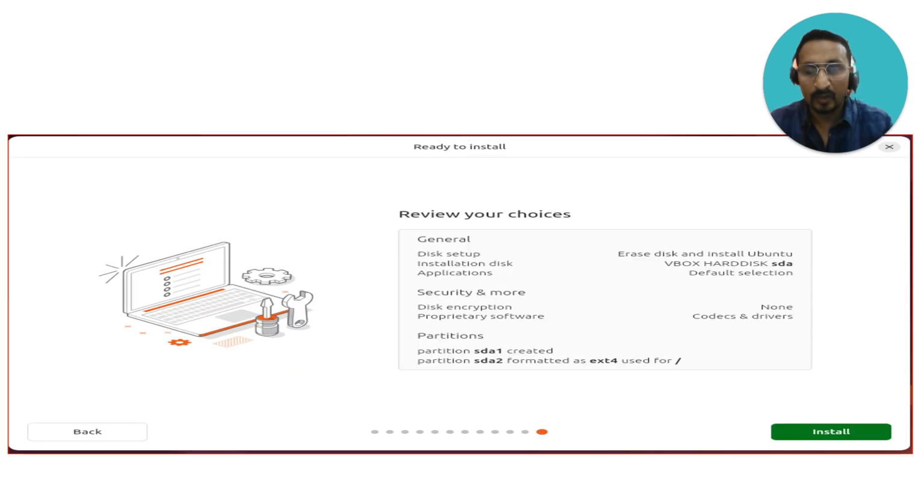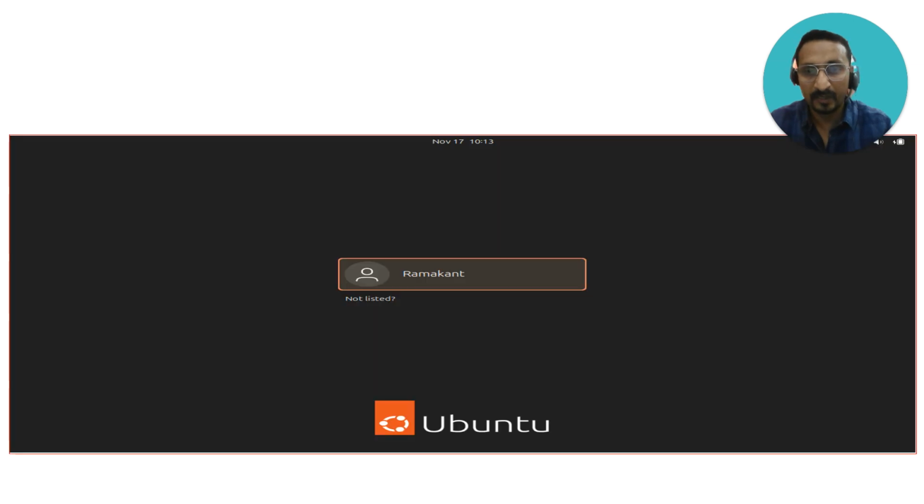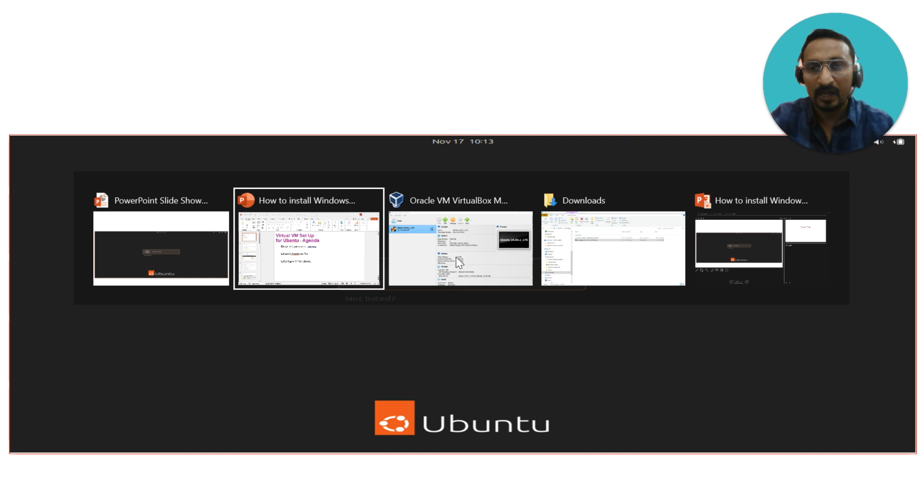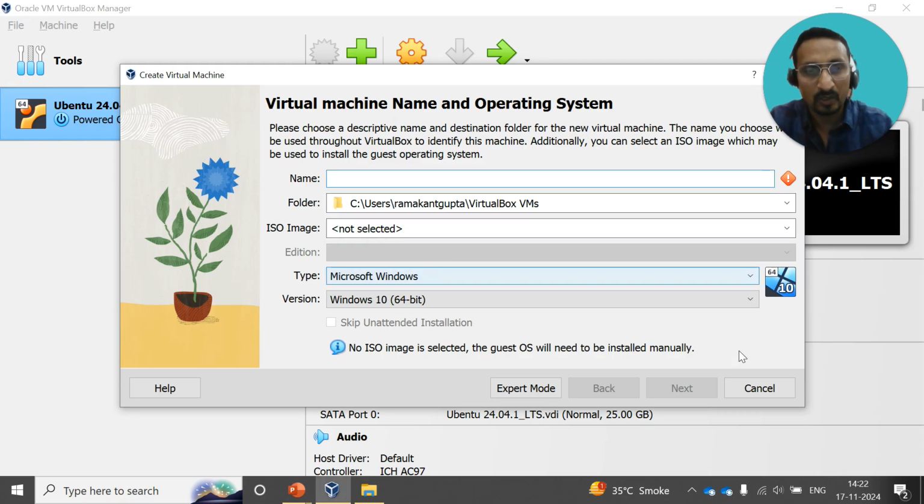Okay, now it will give you the summary of all the information you have selected and do the installation. After this, it takes some time, around 3 to 4 minutes, to complete the installation. Again, it depends on your network speed. After the installation, the screen will look something like that. Let me take you through the virtual machine